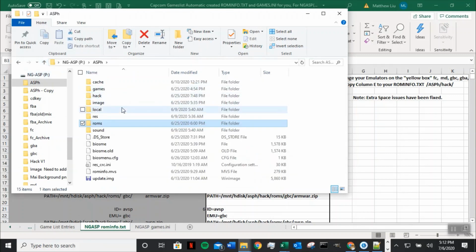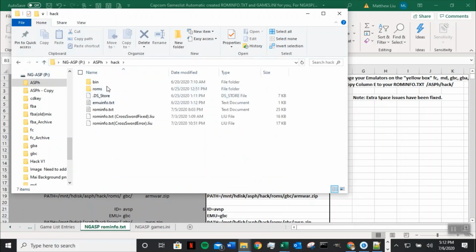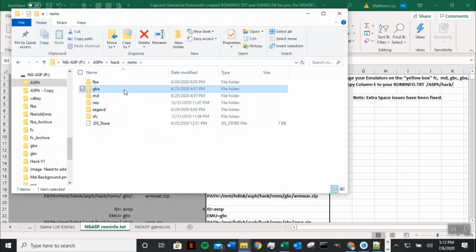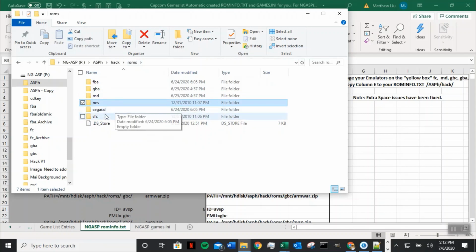Okay, all right. So you just go to the hack. All your game ROM is going to be right here. Now, if you want to add it to the main game list, it's okay. You can use this one and just put it in the game list, the game.ini, and I'll show you how you could do it. So we have Final Burn, Game Boy Advance, Mega Drive, NES, and SFC. Now it didn't have Game Boy and Game Boy Color. All right, so if you're going to use Game Boy Color,